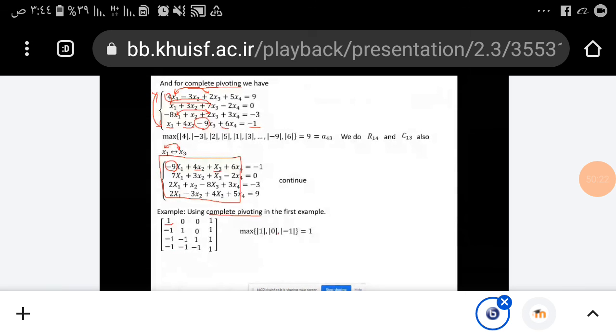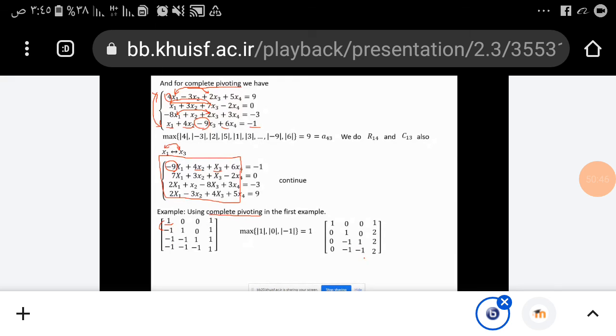The maximum among 1, 0 and -1 is 1, it doesn't change. So we add the first row to the second, the first row to the third, and the first row to the fourth. We will have this